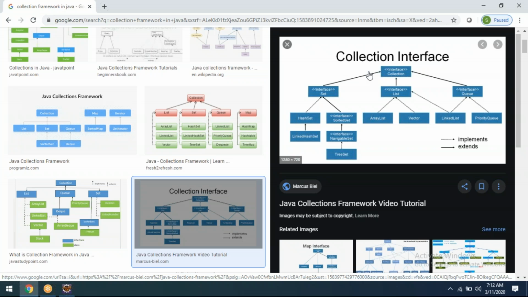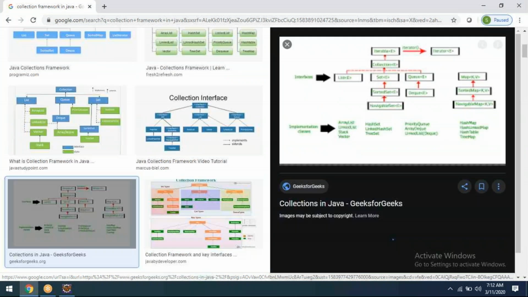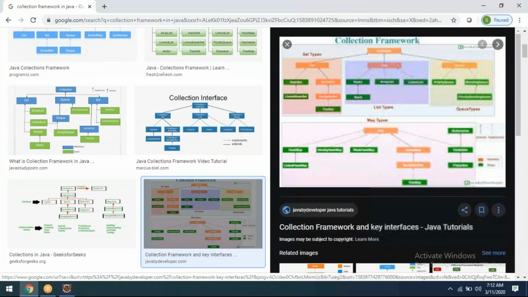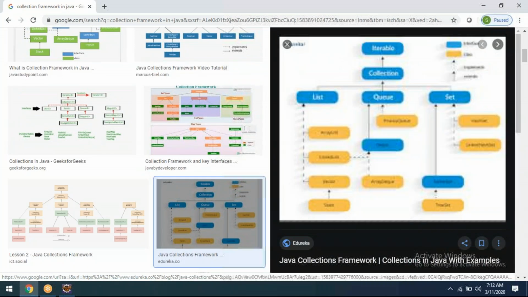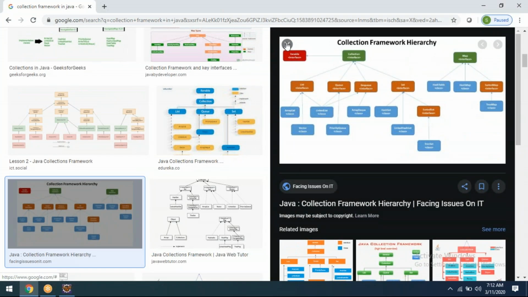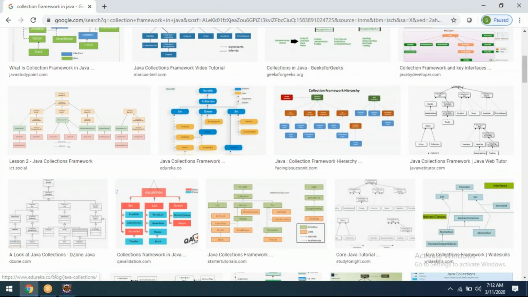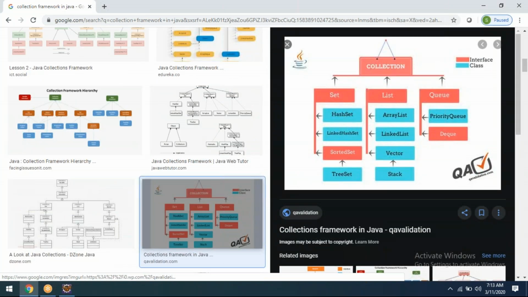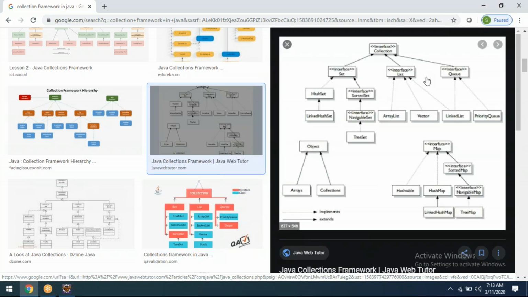Whenever we have knowledge of the collection framework, what do we need to understand? Let's see. Now, this one is specially designed for QA. If you see this one, many things are there.